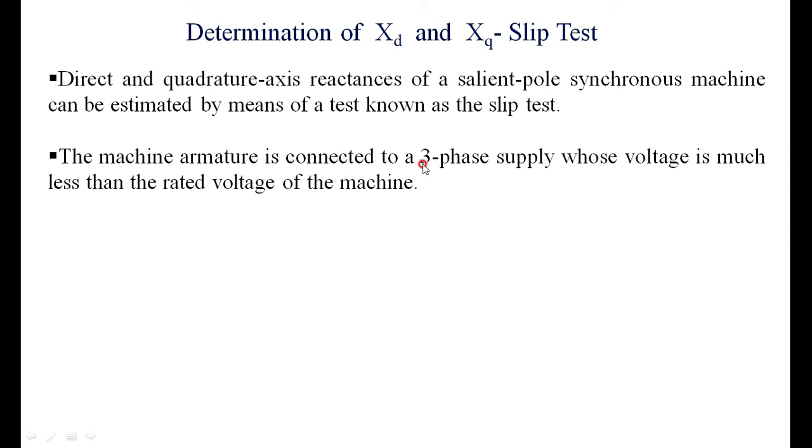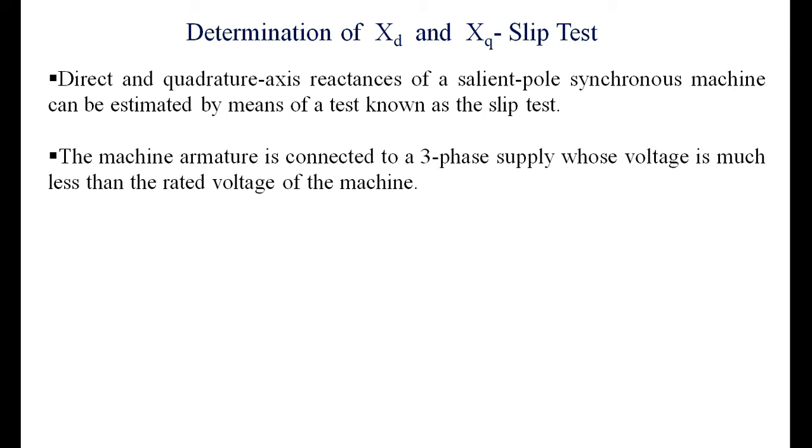The machine armature, that is, the armature of the three-phase winding of the alternator, is connected to a three-phase supply. Here you are injecting power into the armature. We are giving a three-phase supply whose voltage is much less than the rated voltage of the machine. You have to apply a voltage that is very much less than the rated voltage,